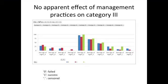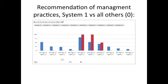And we did the same thing here, comparing the ones that failed to achieve category 3 or the negative status, the ones that reached ASV category 3, and the ones that were censored, the ones that dropped out from the study for different reasons. And again, we didn't have any clear association of management practices with ability to reach category 3. From all the risk factors that we looked at, I can show the table later if you're interested, the only risk factors that were associated with ability to eliminate PRRS virus were being infected with this 144 kind of virus and not holding pigs back for quality. Okay? So let's...